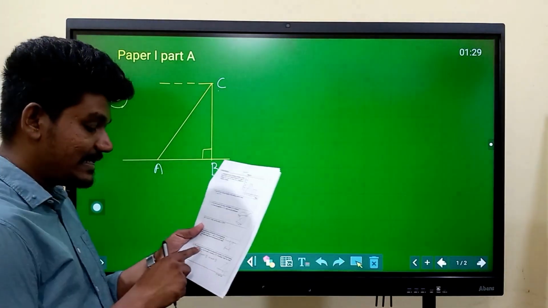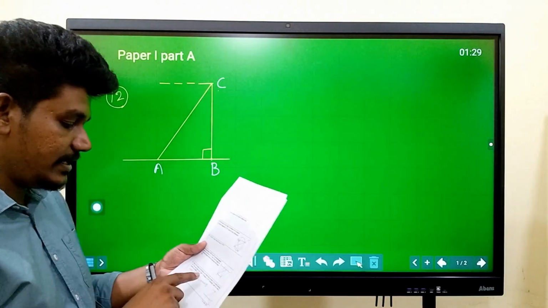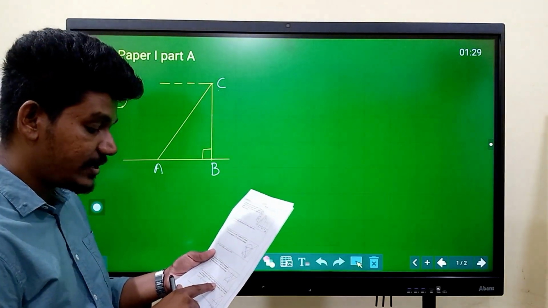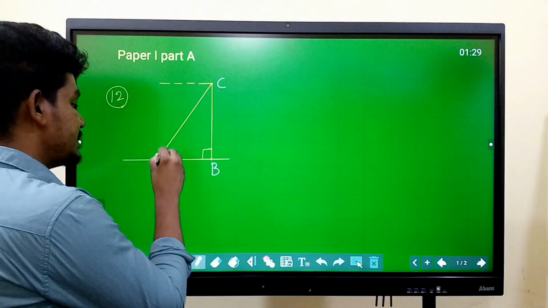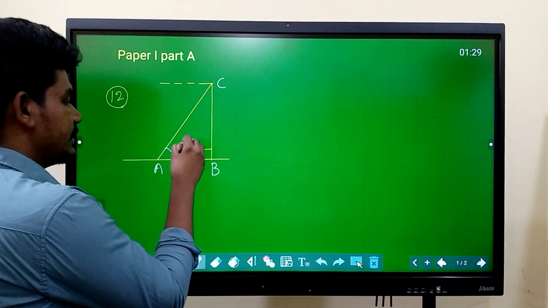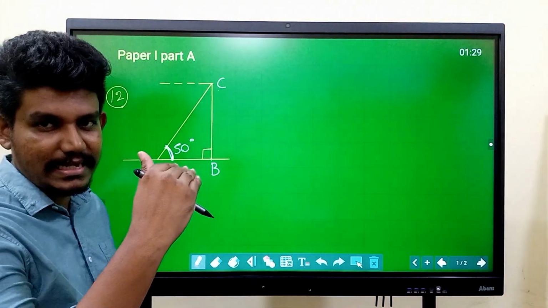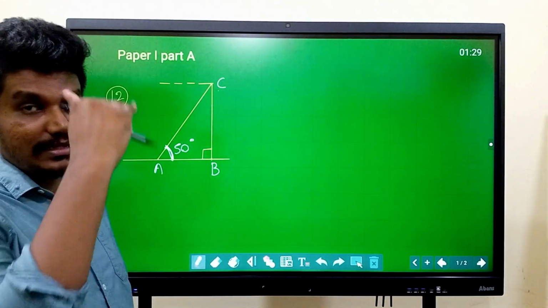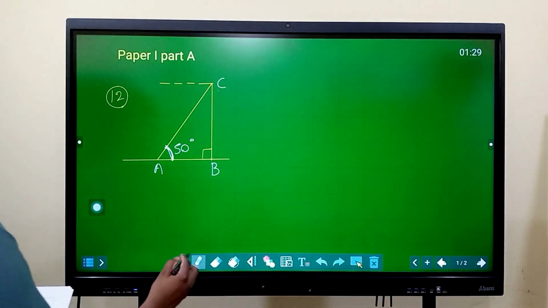Anula is located at point A, right? And Kamal is located at point C. Then the angle of elevation is 50 degrees. So this should be the angle of elevation. When you are looking from the horizontal eye level, when you are looking above, it is making an elevation, right? Okay. Now we have to find